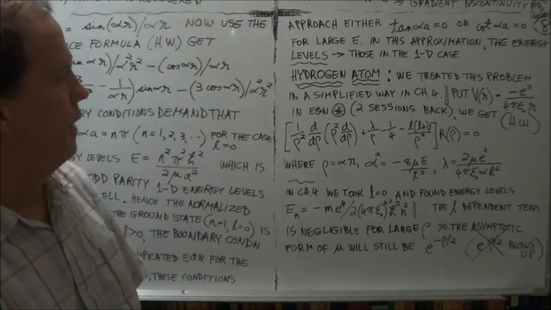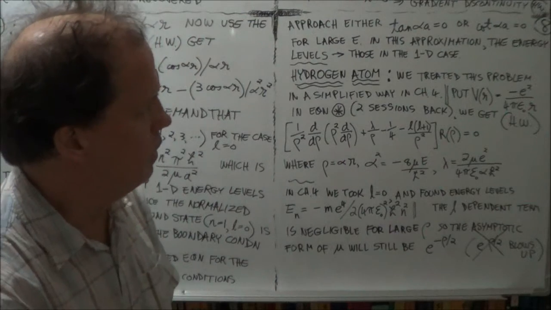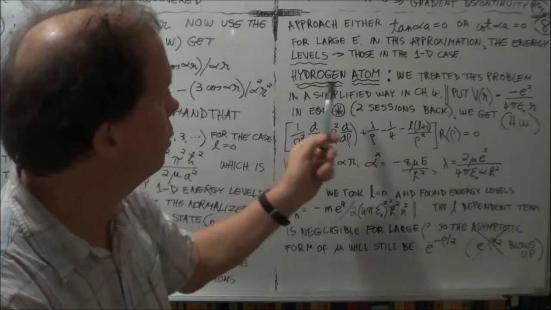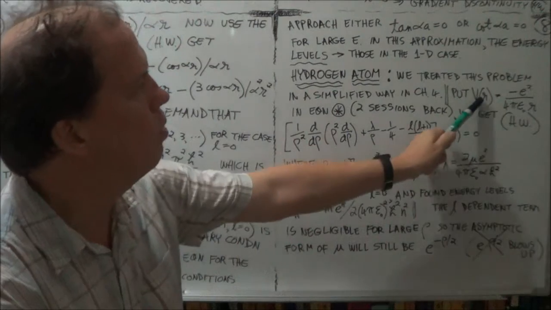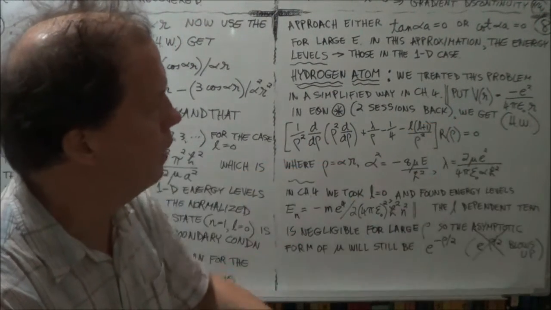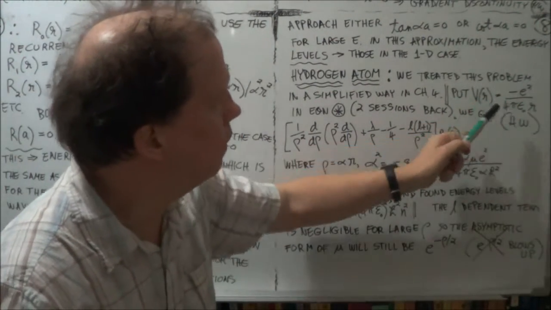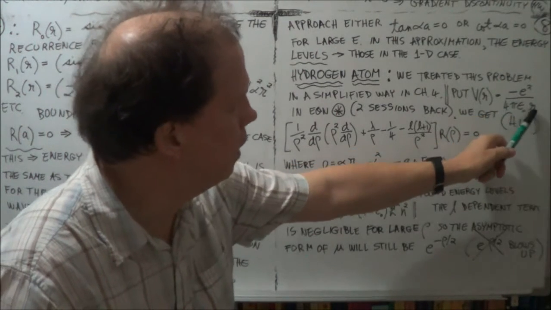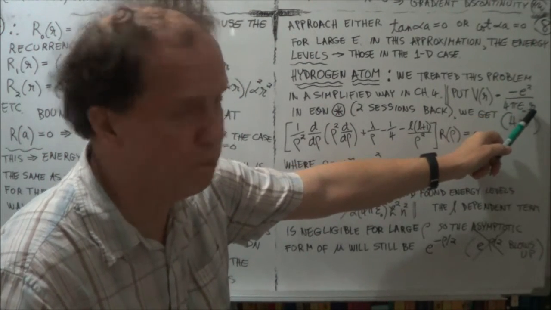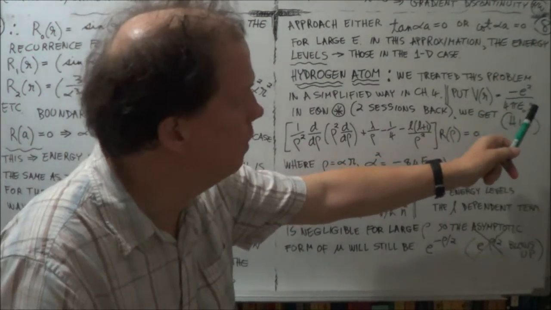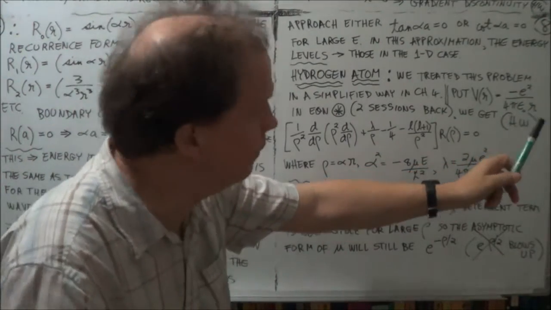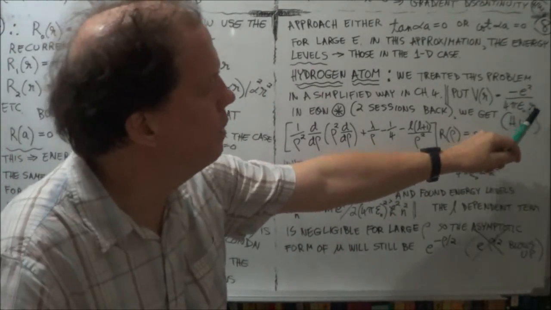It just had a general potential V in it. But now we're talking about the hydrogen atom, so we know what this potential is. We have a term for it. It's just the Coulomb potential here. E is just the charge of the electron. R is the distance between the proton, in other words the nucleus, because a hydrogen nucleus is a proton. So this R here is the distance between